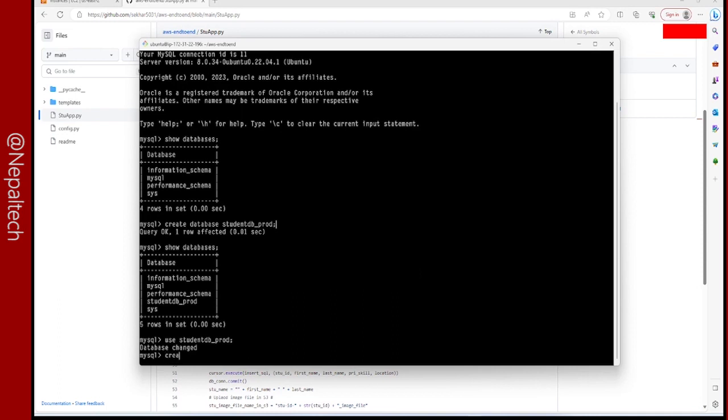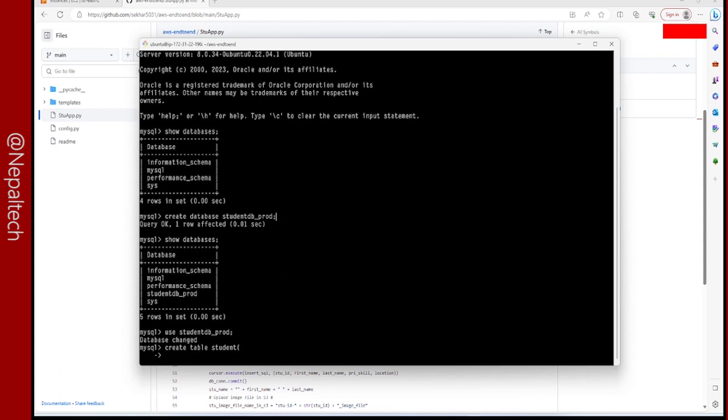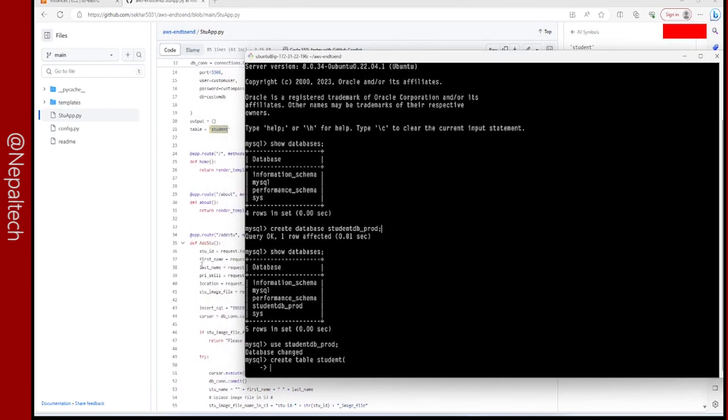So I'll be creating a table with the table name student. For that, create table student. If you are wondering what I am using, these are the MySQL queries that are used to interact with the MySQL database. So let me show you. We'll be requiring these 5 fields within the table. First one will be student ID, and this will be a varchar of 20,